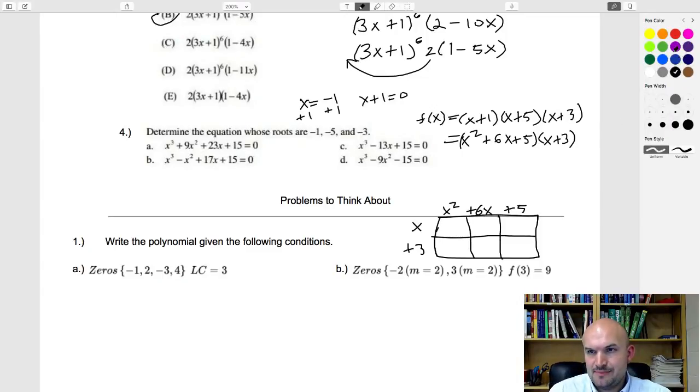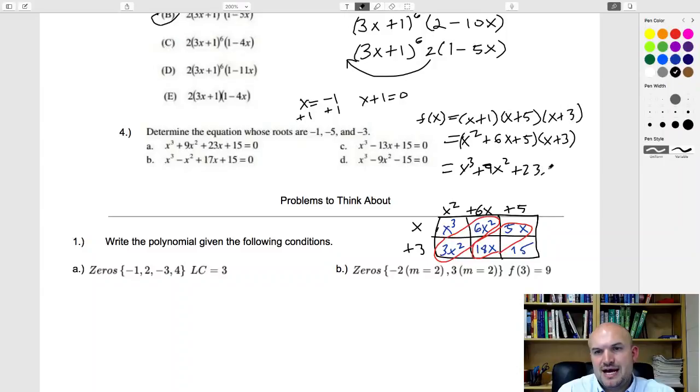The nice thing about breaking these up is all I have to do is find length times width of each one of these. So x times x squared is x cubed, x times 6x is 6x squared, x times 5 is 5x, x squared times 3 is 3x squared, 3 times 6x is going to be 18x, and 3 times 5 is 15. What's nice is that rather than trying to find like terms in your head, you can see the like terms are on the diagonals. So now I can write my final answer as x cubed plus 9x squared